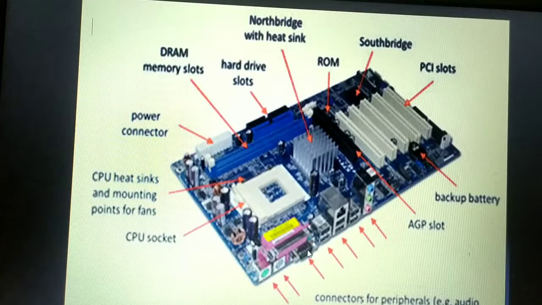The examples for the ATX motherboards are dual core, quad core, or Intel i5 or Intel i7 processor, Intel i3. These are the different examples for the ATX motherboard. So there are usually 4 types of motherboard that we have discussed. That is the XT motherboard, Baby 80 motherboard. For XT motherboard we have the example Pentium 1. For 80 motherboard, Pentium 2. For Baby 80 motherboard, Pentium 3 and Pentium 4. For ATX motherboard, Intel Pentium i3, i5 or i7.